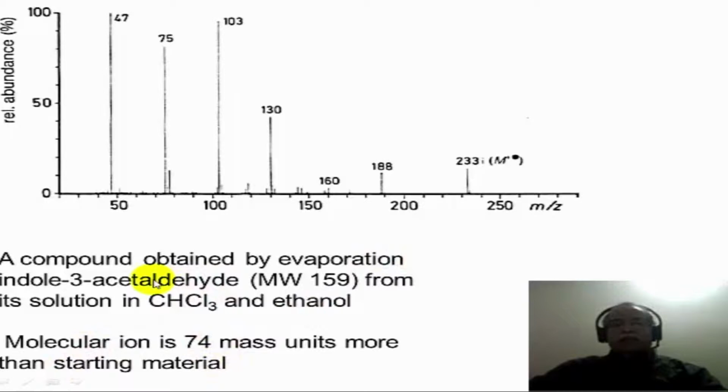Suppose the indole 3-acetaldehyde had reacted with chloroform, then it must contain some chlorinated compound. Such is not the case because the chlorine isotopes are not seen in the molecular ion region. If it had been a reaction with the chloroform, a chlorine containing product would have been formed, and as a result M+ and M+2 ions would have been seen in the mass spectrum. Therefore the obvious choice is that the indole 3-acetaldehyde has reacted with ethyl alcohol.